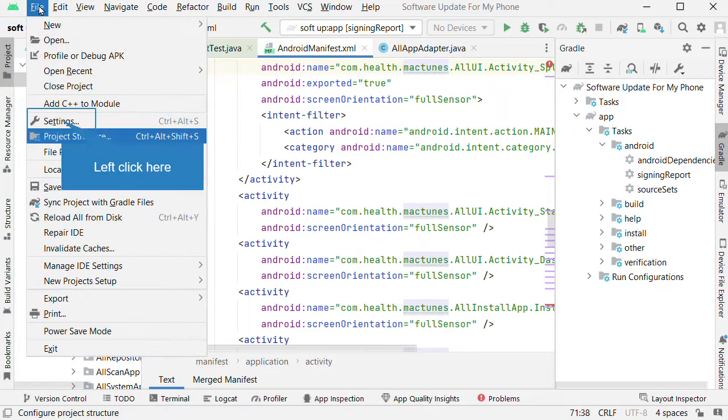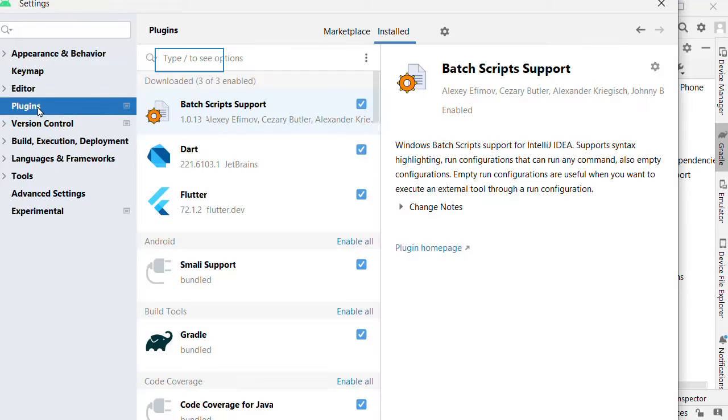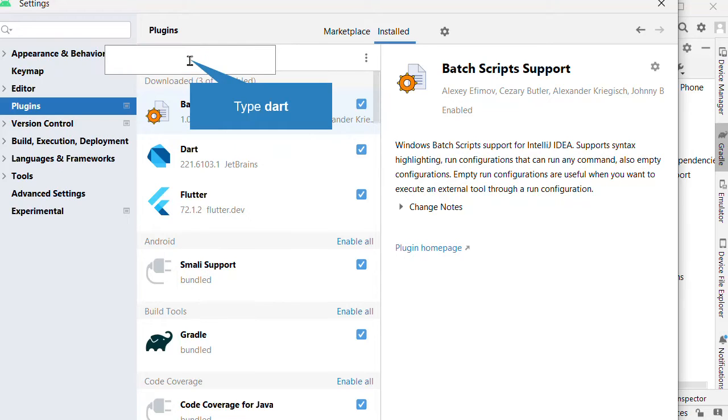Now click on the file and we can see a drop down menu like this one. Now go to settings and click here on the plugin option. That's it. Now we can see here Flutter and my another installed plugin. If you can't see it here, just type on the search bar